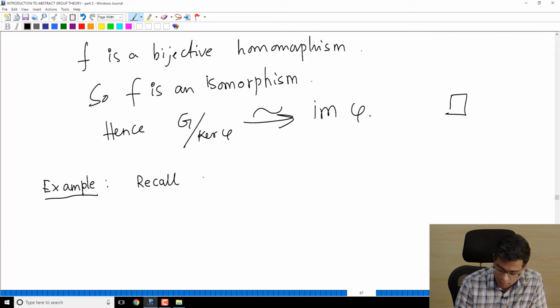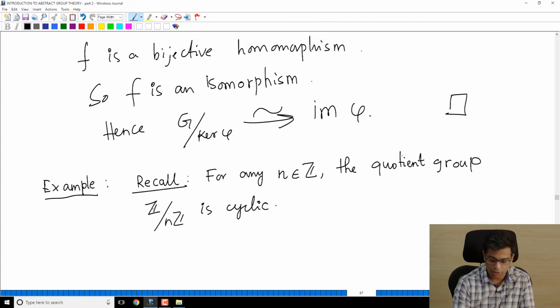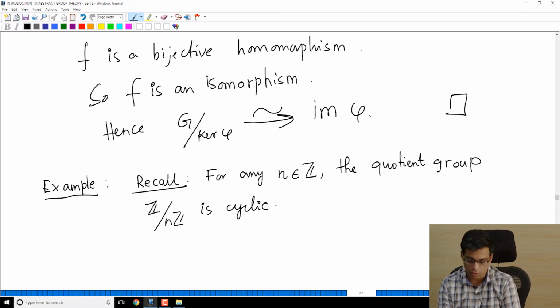We recall that for any n in the integers, the quotient group Z mod nZ is cyclic. This I did in one of the previous videos,